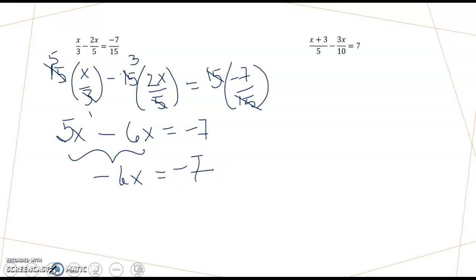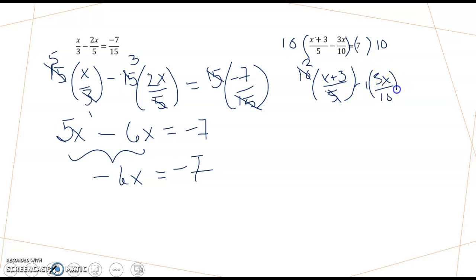It's easiest if we're going to get rid of the denominator. So when I look at this, you do have to remember you have to multiply both sides and everything in there by the lowest common denominator. And in this case, it's going to be 10. So when I multiply 10 times x plus 3 over 5, well, 5 goes into 10 evenly 2 times. When I multiply negative 3x over 10 by 10,